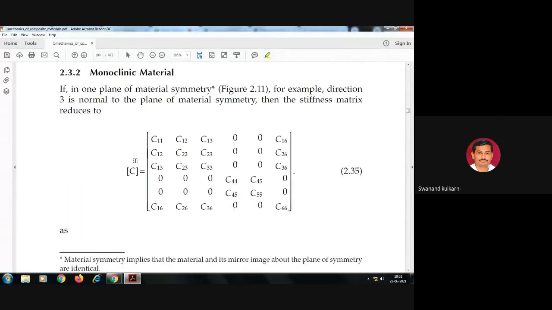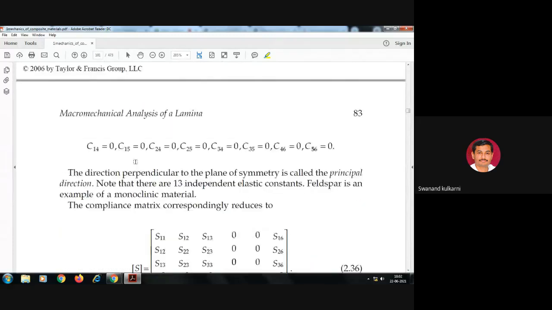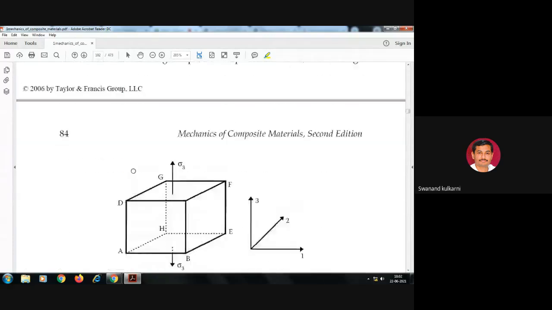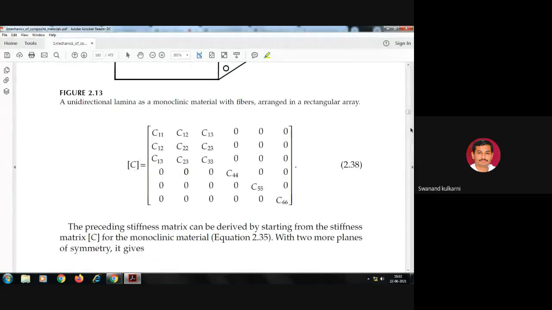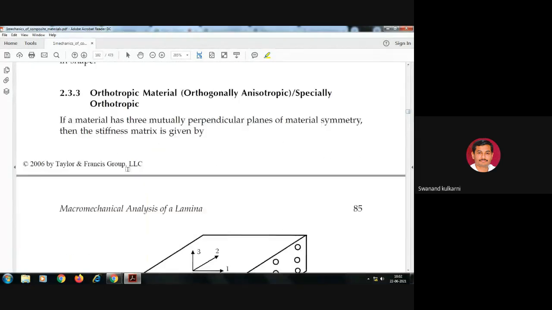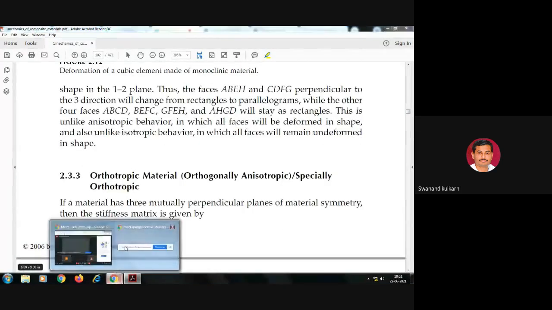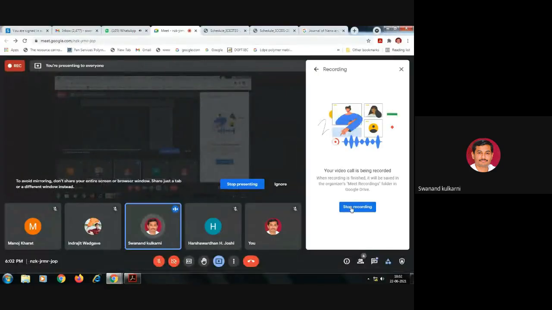For the next lecture, we will try to see what is meant by monoclinic type of materials and what is meant by orthotropic material. So monoclinic and orthotropic, that discussion we will carry into the next lecture. But for today's lecture, we should